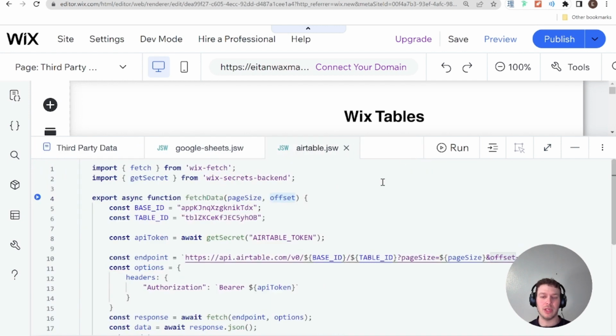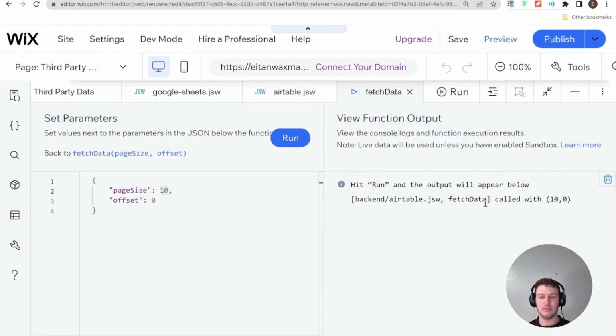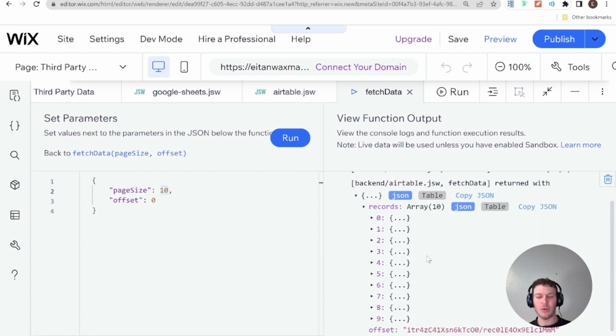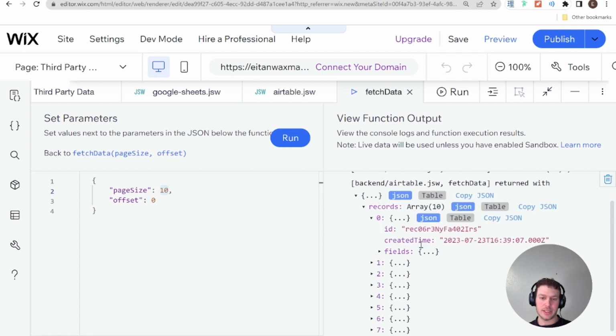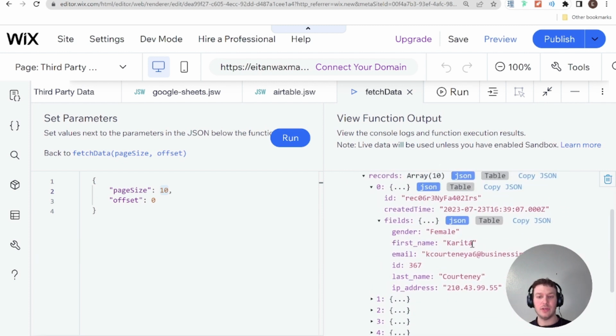So this is the Google one. We can close that, and let's run the Airtable one. So I set a page size of 10 and an offset of 0. So I'm going to run that. And it's returned with the offset and the records. Each record here is an object with an ID and with fields. And here you can see that the fields,